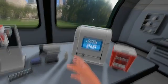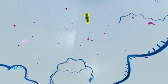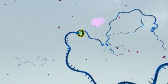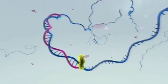This is a PCR machine, and I'm now going to start this experiment. And what I just did is I literally shrunk myself 1 million times into the size of a molecule, and it really feels like it. You have to try this. It really is cool. So now it feels like I'm standing inside the machine, and I'm seeing all the DNA,